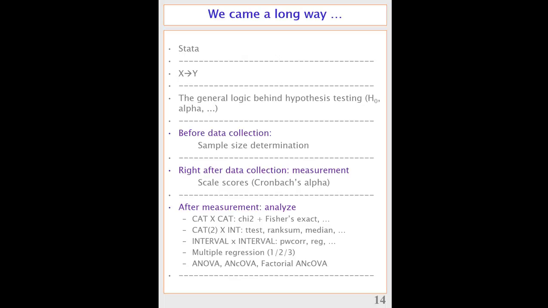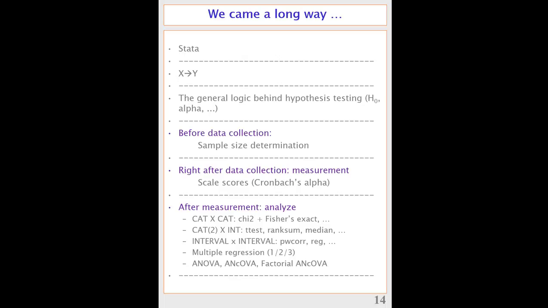It all depends on what the variables are that you want to compare. Two categorical ones: for that we did a chi-squared and a Fisher's exact. Categorical one with two categories and an interval scale variable: for that we wanted to run a t-test whenever possible. Two interval scale variables, it's called correlation or simple regression. Multiple regression if we have more than one predictor for an interval scale variable. And then analysis of variance in different flavors, which is actually the same as multiple regression. That's what we went through.